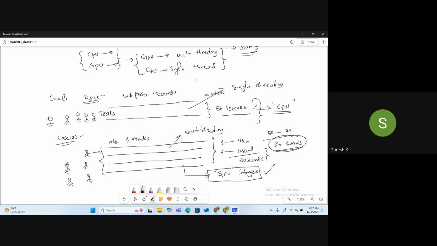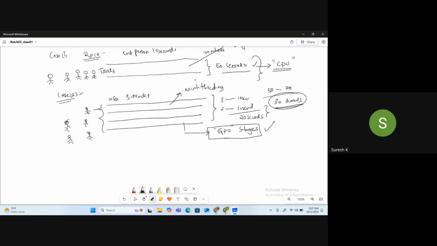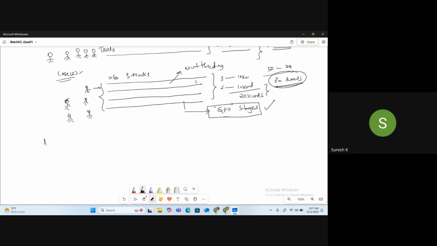Guys, clear or not clear? Yes, sir, clear. Now, from an AI engineer's perspective, we all use GPUs because of parallel computation.